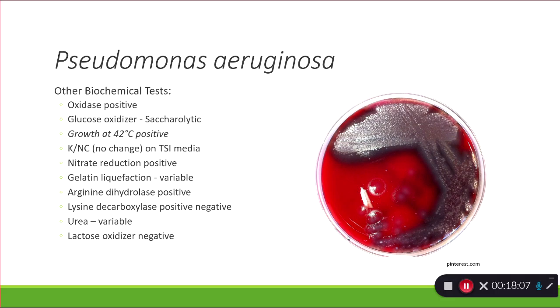So this one, it's oxidase positive. It's saccharolytic, grows at 42 degrees. It has alkaline over no change on TSI media, which is what we used for the Enterobacteriaceae. It's nitrate reduction positive, gelatin liquefaction variable, arginine dihydrolase positive, lysine decarboxylase positive, and urea variable, and it is a negative lactose oxidizer. You can see it's kind of a flat growth, kind of a little grayish greenish in the